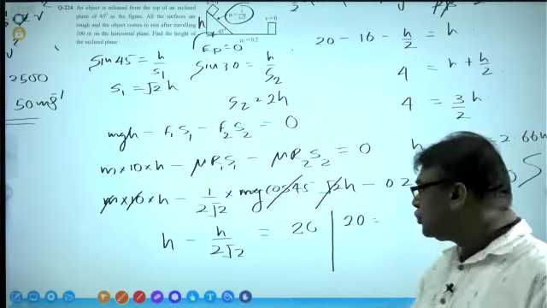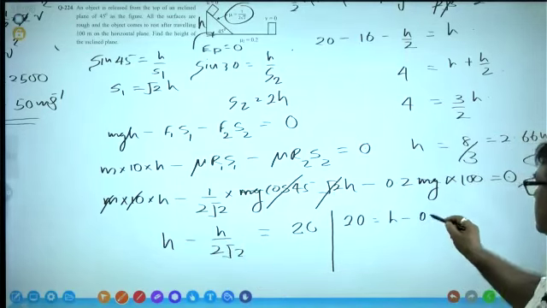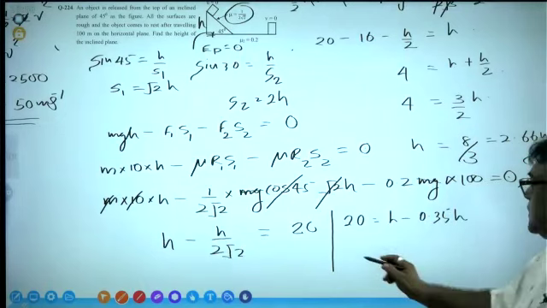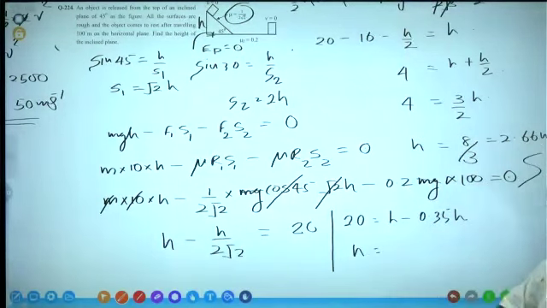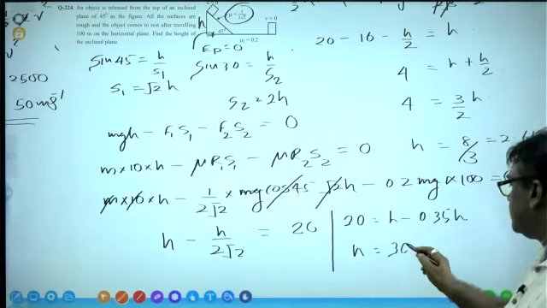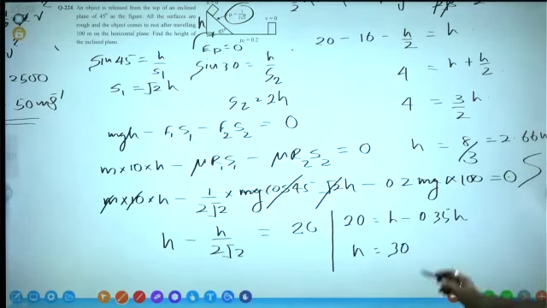h divided by 2 root 2, h minus nearly 0.35 h. Then h becomes, h is 30 point, new value 75 meters, right? Now,